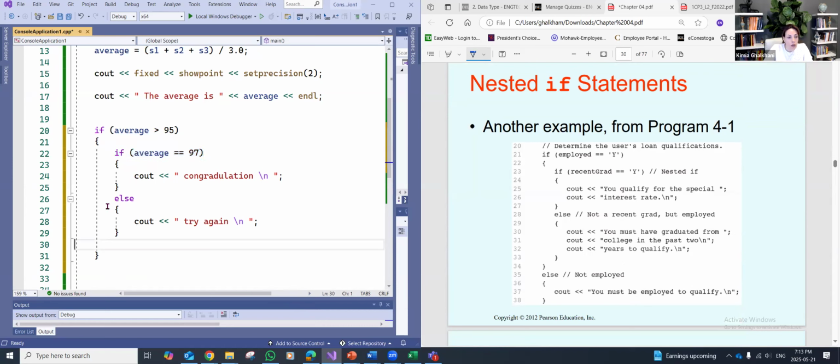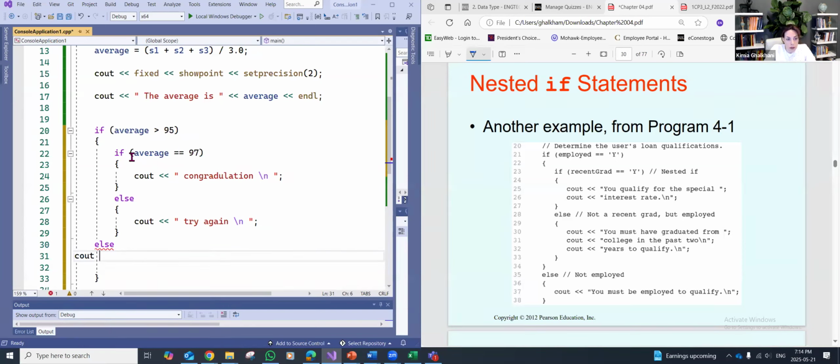Yes, I can. Right after this, I have to get out of this bracket. I can, if I want, add another else in here. So first check average is above 95, then check if average is equal to 97. If it is not equal to 97, try again. Else, else means generally average is not even above 95. Then in that situation, go ahead and cout